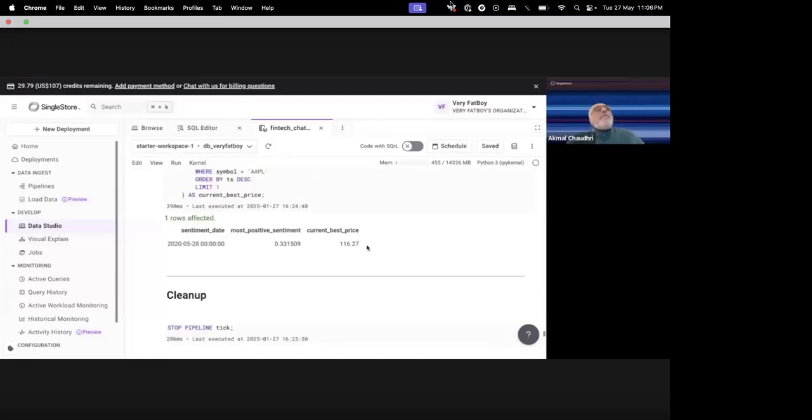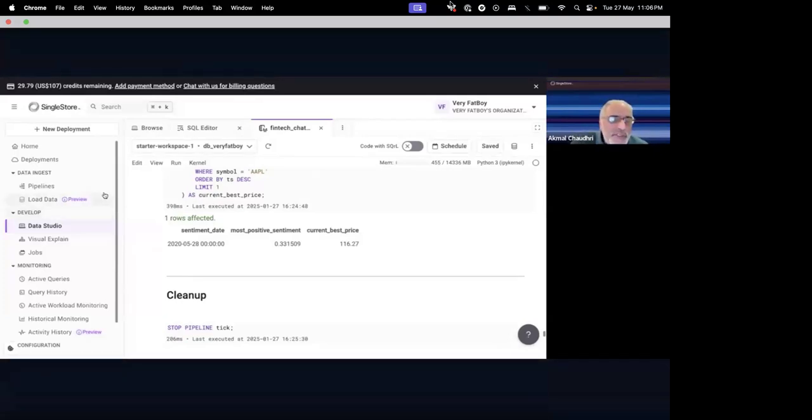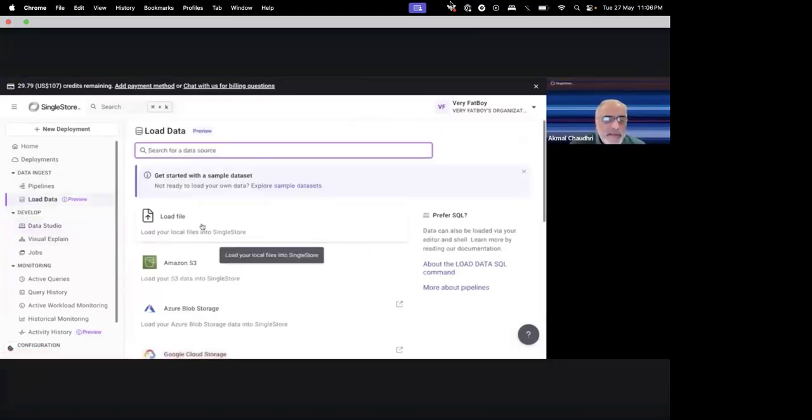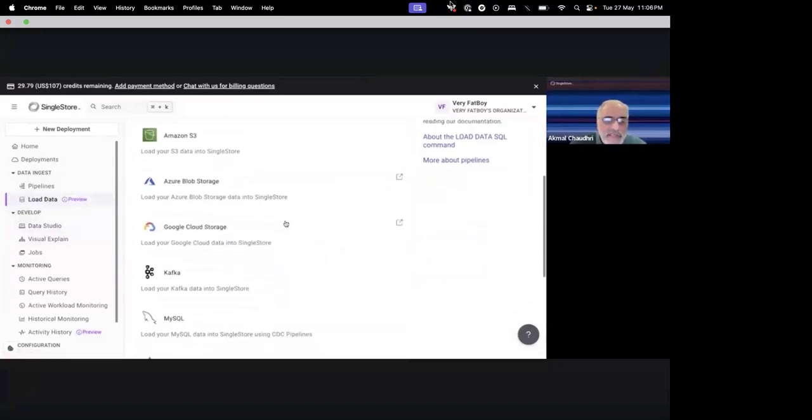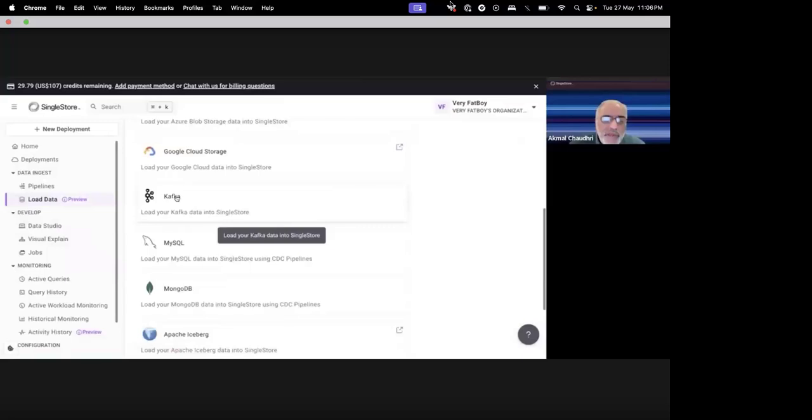So the key thing to note from this is that setting up the stream is very, very simple and straightforward. Now, I did promise that I would show you something, and if we go to the left-hand side here, to data ingest, and in particular to load data, it's this thing here, which has this preview next to it. If you have a look in this list, you will see that there is a notebook here specifically for Kafka.